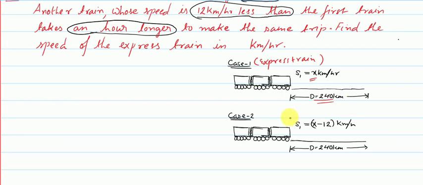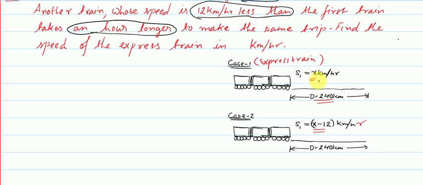Now there is another train which is traveling with speed which is 12 kilometer per hour less than the express train's speed. That means that train is traveling with x minus 12 kilometer per hour. The distance they have to cover is the same, so obviously